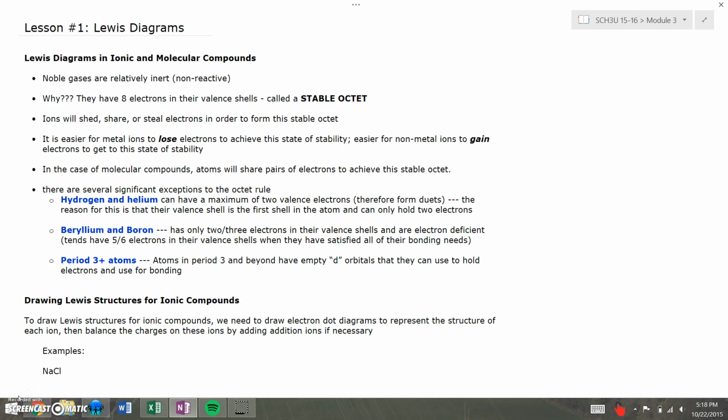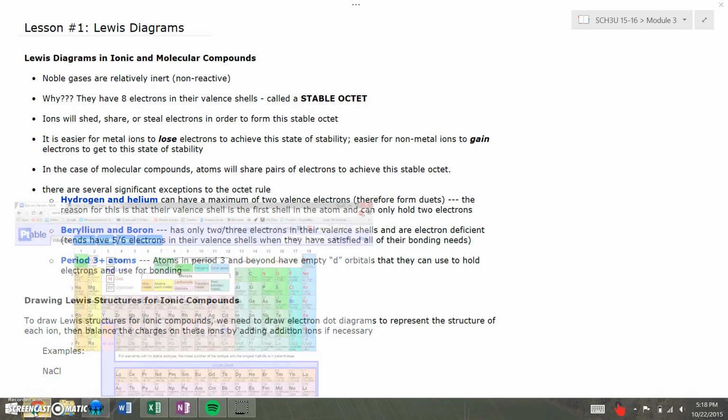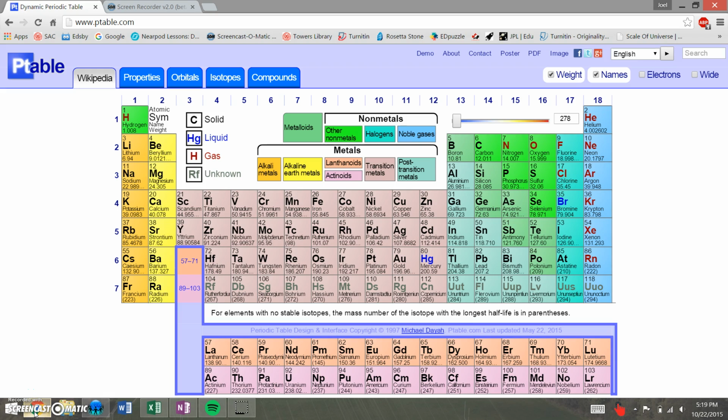Hello and welcome. Today's lesson will focus on drawing the Lewis diagrams of ionic and molecular compounds. So to review, all the elements on the periodic table want to achieve a full octet or electron shell of valence electrons. So if you remember, the groups in the periodic table give us a sense of the number of valence electrons in the elements of that column, whereas the periods give us a sense of how many electron shells